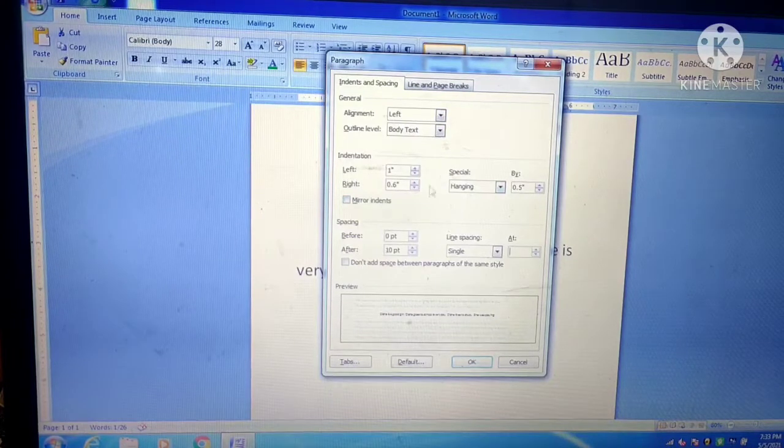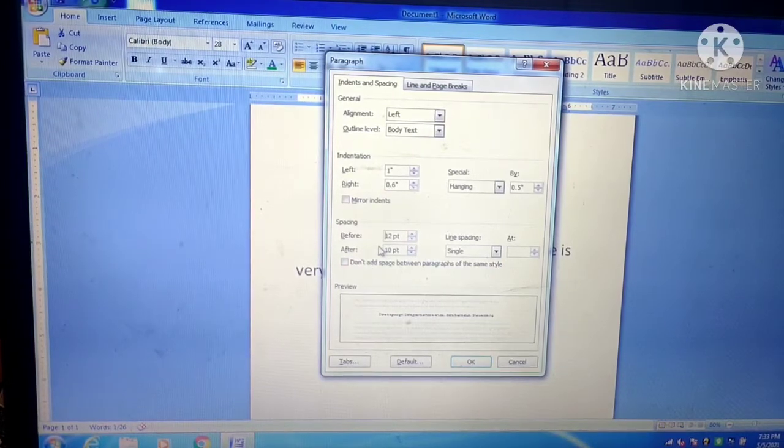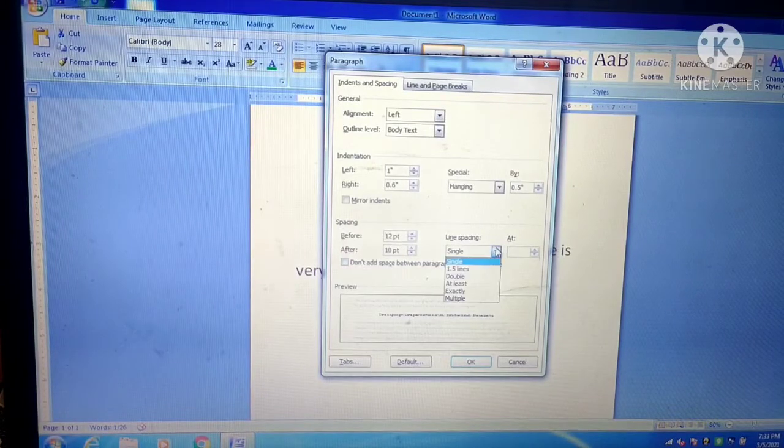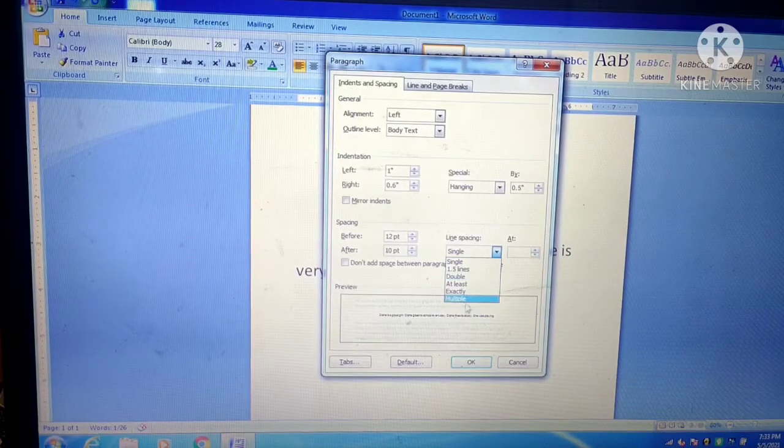In the spacing group, you can set different points for before and after the lines to give the space. Here also you can choose different options, 1.5 lines or double lines or multiple lines. You can choose different line spacing options from here. Let us see what happens after we choose 12 point.